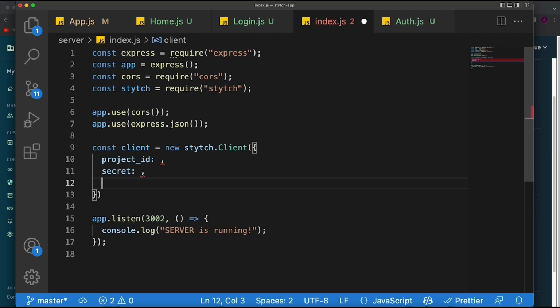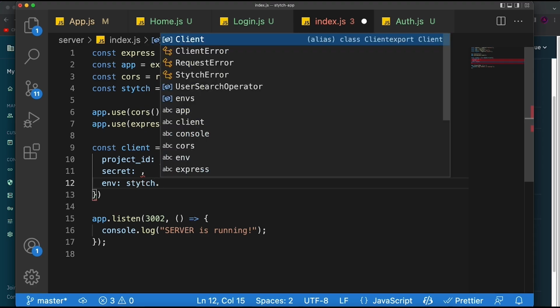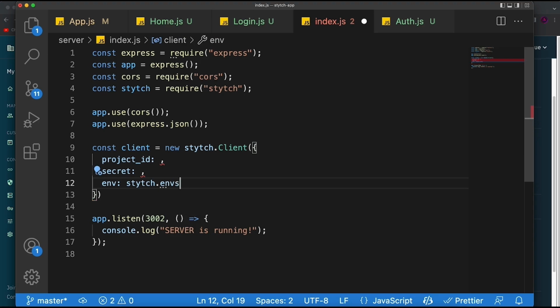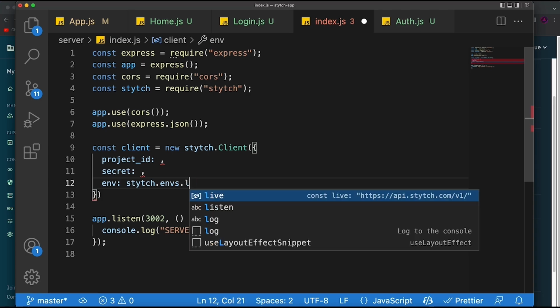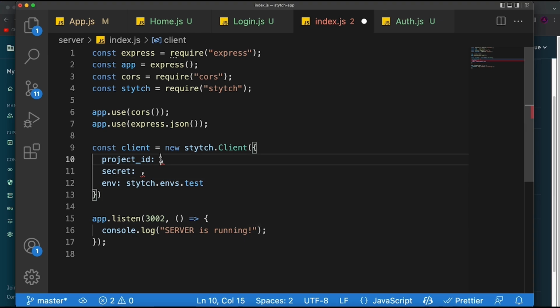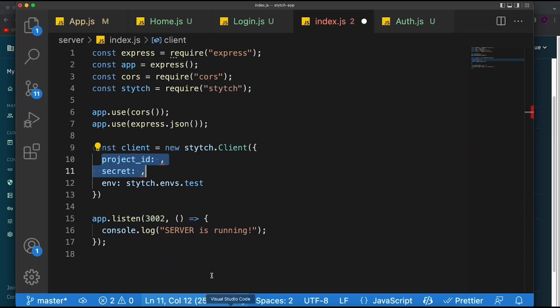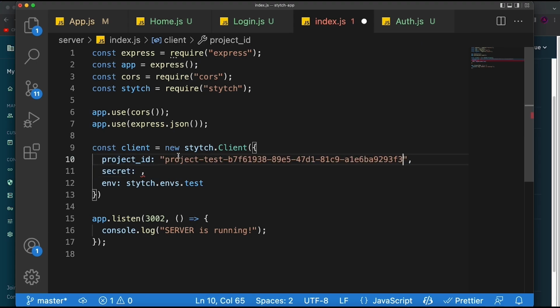Now, finally, it will also require an env property, which is just letting you know what kind of environment you're running. In our case, we're running a development, like a test environment. So you can just define that by saying stytch.envs.test. If you want to deploy this, you could then say live, and it should work perfectly. So I'm just going to say test, and we're going to copy and paste the project and the secret inside over here. So I'm going to copy the project ID, paste it over here as a string, and the secret,